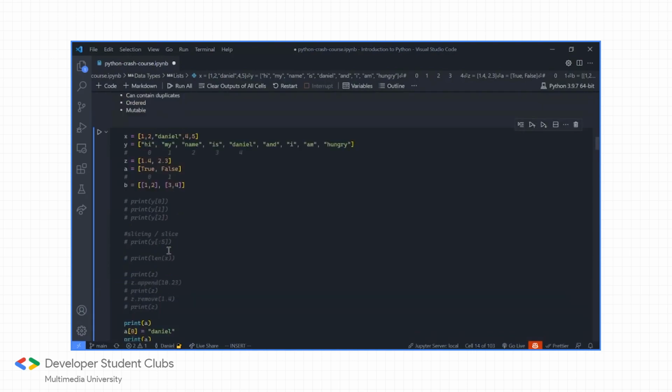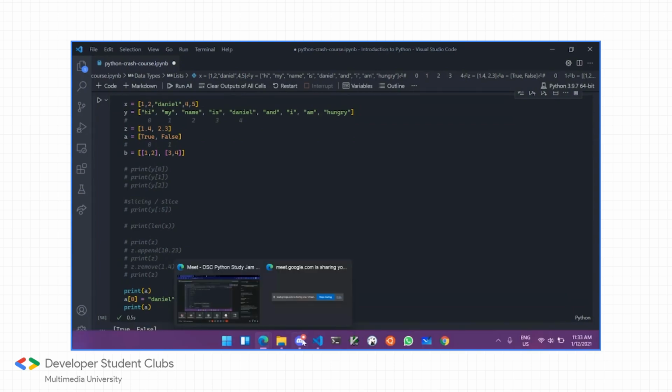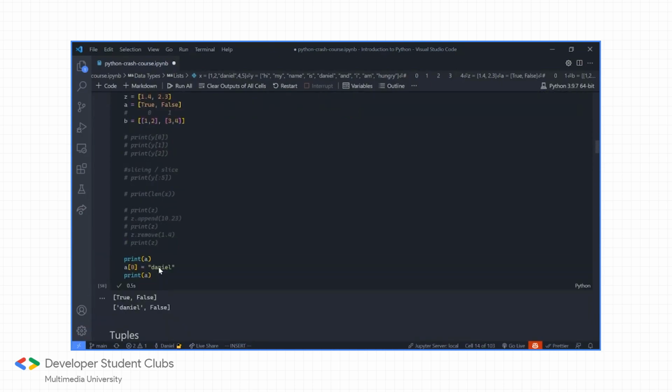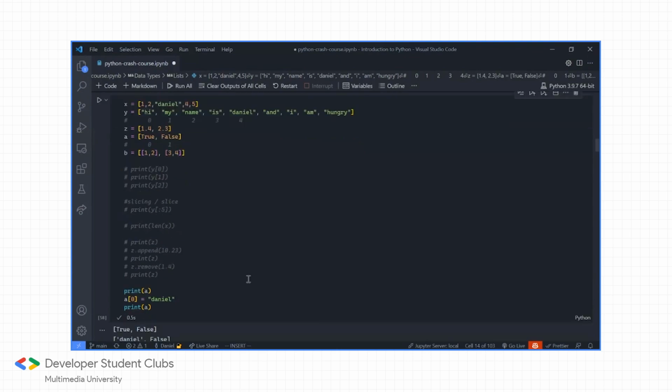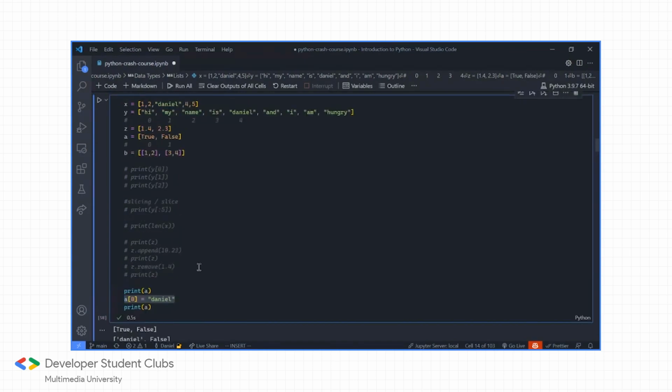So the point here is that after you have defined an array, after you have defined a list, their value can be changed later down in the code, right? It doesn't mean that once you have defined something, you permanently cannot change it. Yeah. So that's the mutation part, the mutable part. Here's append, pop, and remove. Here's finding the length,